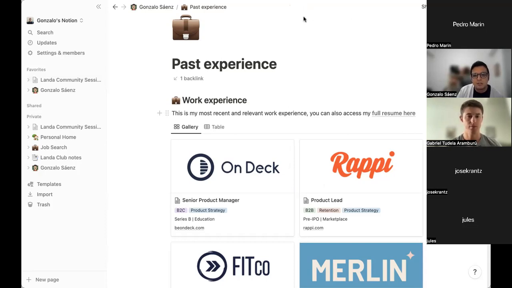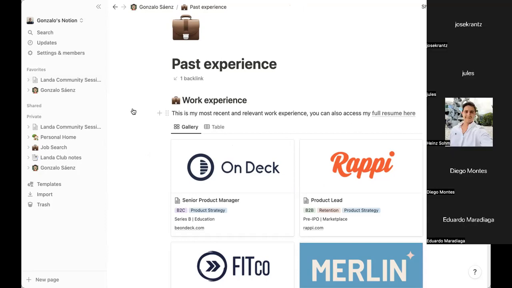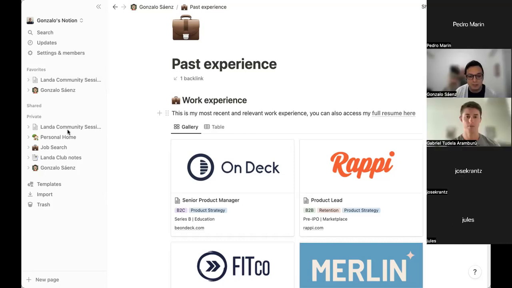What I really like about Super also is that they have a lot of templates. Some of them are paid, some of them are free. And if you see, you can achieve a lot of cool stuff that maybe at first glance you might think couldn't be achievable with Notion. But if you see, these are the elements that we saw before.